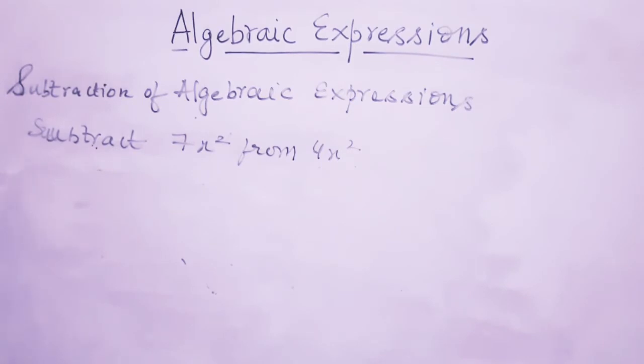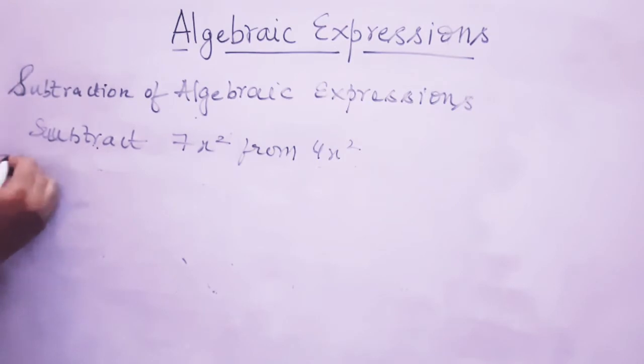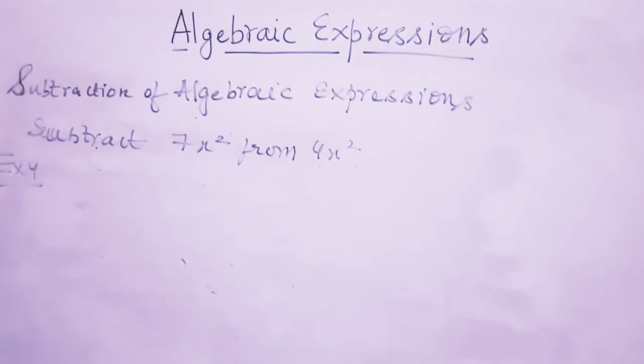So let me explain example number 4. Example number 3 I am not explaining, I am explaining example number 4, because that contains algebraic expressions in the form of fractions. Okay, so take away 8 upon 5 x square minus 2 upon 3 x cube plus 3 by 2 x minus 1 bracket closed from 8 upon 5 x square minus 2 by 3 x cube plus 3 by 2 x minus 1. Right students? So how do we solve this?